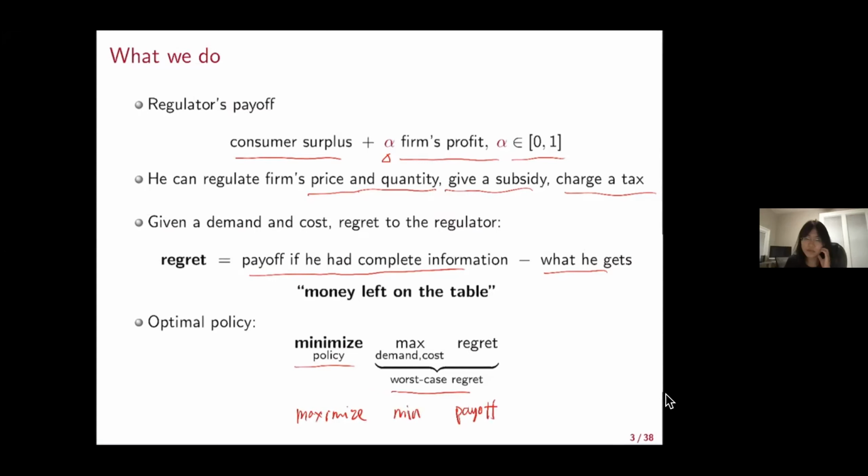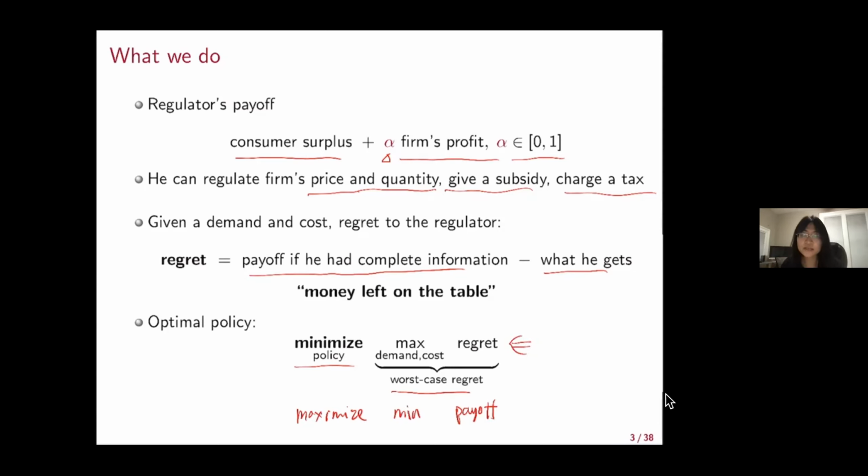Yes, you will see this also at the conclusion side, and you will see this very quickly, that the regret has a very natural interpretation in this model. It is a weighted sum of the firm's profit and the distortion in production. So the distortion captures the inefficiency, and the firm's profit captures the redistribution objective of the regulator. So that's one reason. And the other reason is that these two approaches, this first approach, minimizing the worst case regret, is more targeting